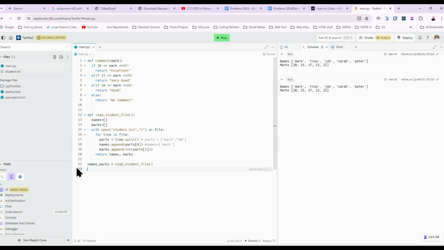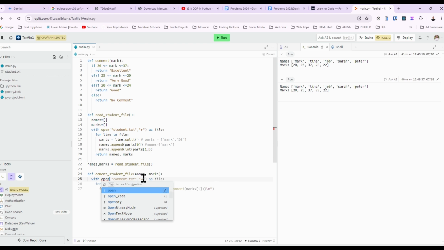Okay, so once that is done, let's see. Since the arrays are now created there, don't delete this. You must always keep it, because this was what we did last time. We read, we returned them, and we stored them in an array. So now, going forward, we are going to create a new function called def comment student file, and then we are going to pass names and marks inside here, because we got the names and the marks in this array. So the moment we do that, then we are saying with